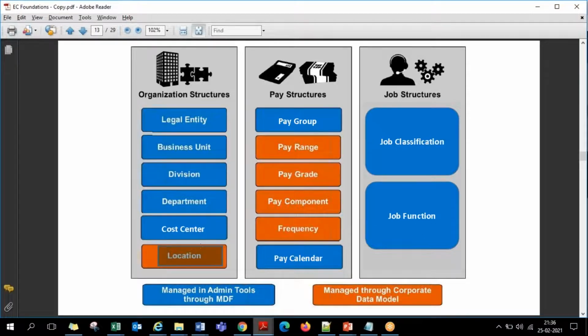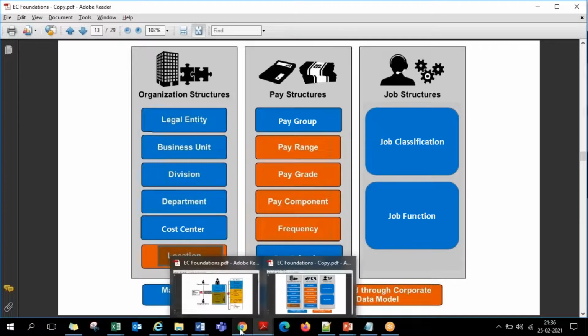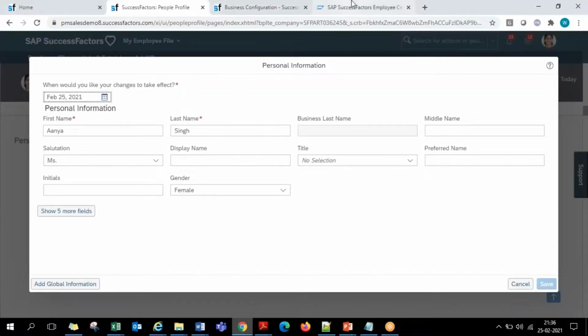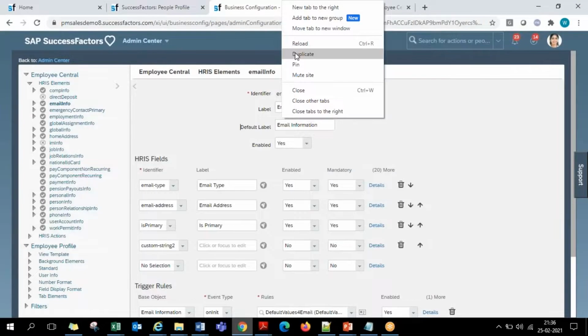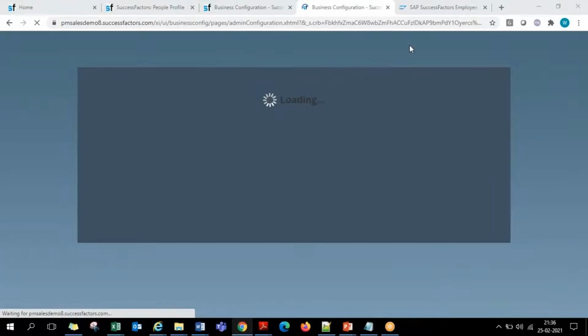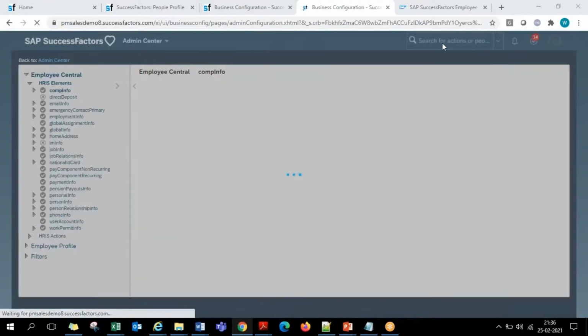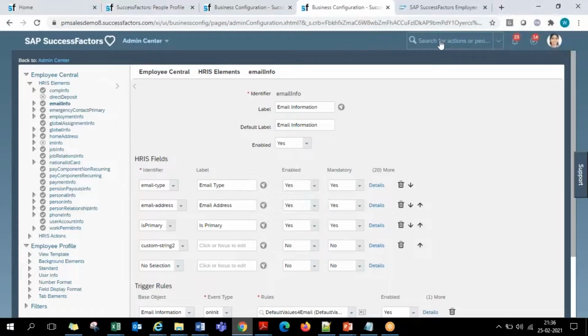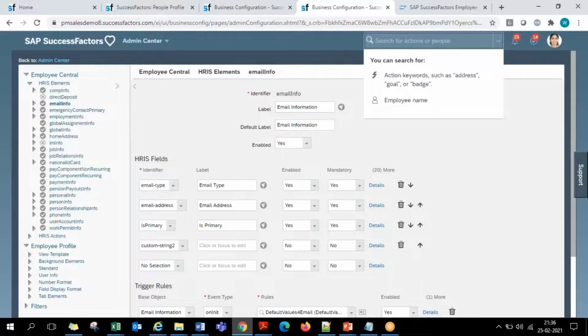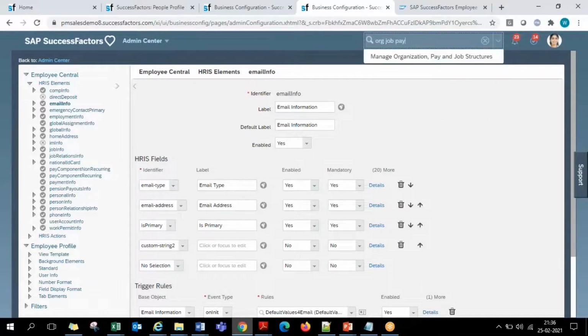So for example, to start with location creation, on the front end I can open a place called Manage Organization, Pay and Job Structures. This is the place where we can maintain the org structure, pay structure, and job structure, all those foundation objects.